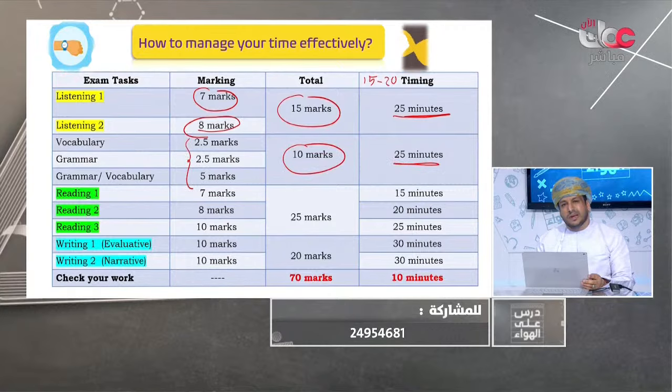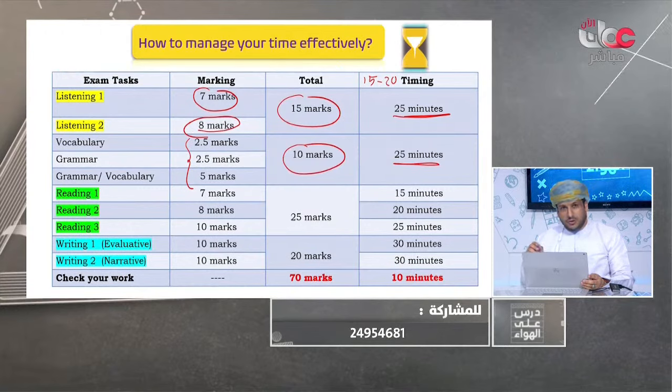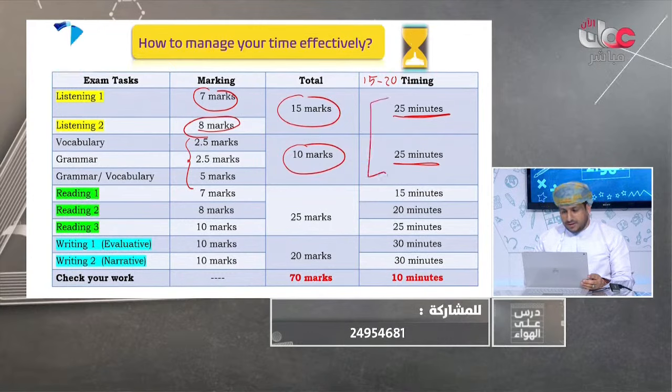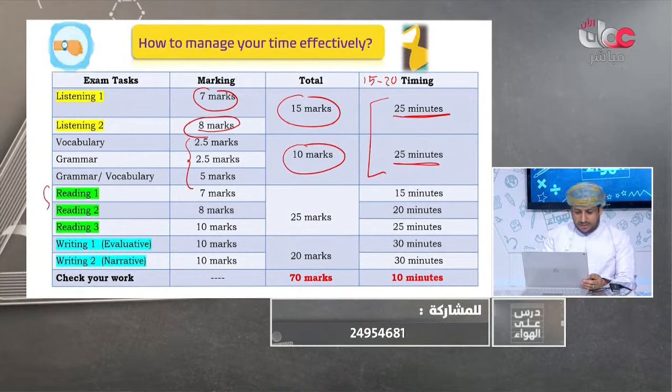For vocabulary, 10 marks, I would like you to spend at least 25 minutes, depending on your level. If you are good at English and can choose the correct answer quickly, 25 minutes, maximum maybe 30 minutes. Why did I do this? Because I would like students to organize their time and have that management of their time during the exam.